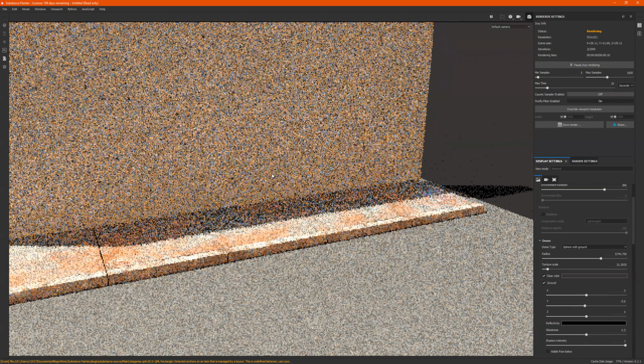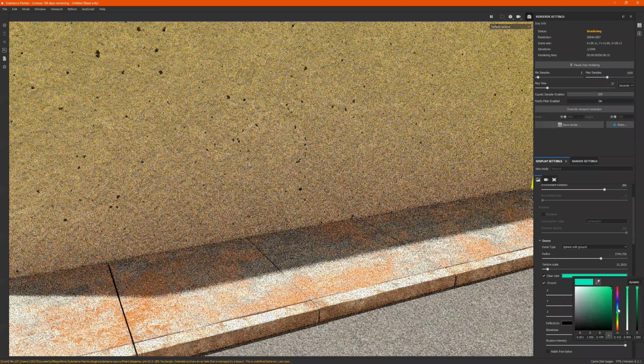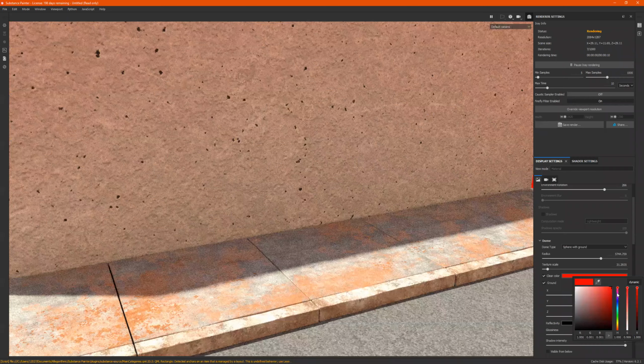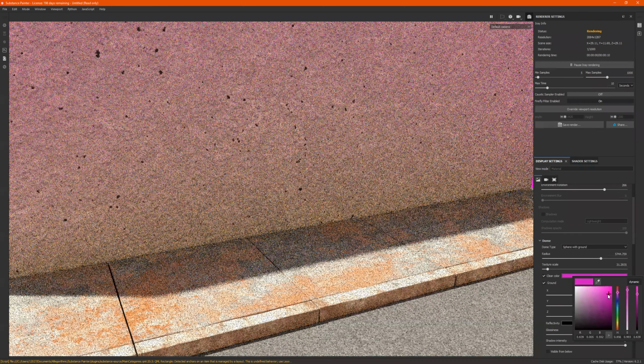If I'm in here like this, just to see, if I go to red, see how there's like a little bit more red in there? And when I'm changing this background color, I don't know how clear it is to see on your screen, but if I change this, it's like giving it like a tint, because